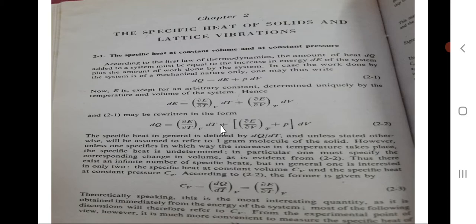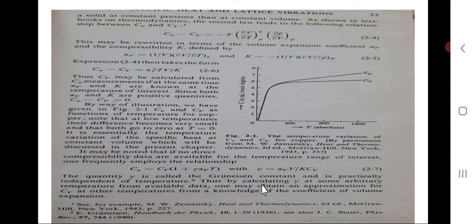Now there are two specific heats of solids. One is specific heat at constant volume, which is given by dQ by dT at constant volume, which is equal to ∂E/∂T at constant volume. In general you know there are two types of specific heat: one is specific heat at constant pressure, another is specific heat at constant volume. Now this is Mayer's relation, Cp minus Cv is equal to R, where R is the